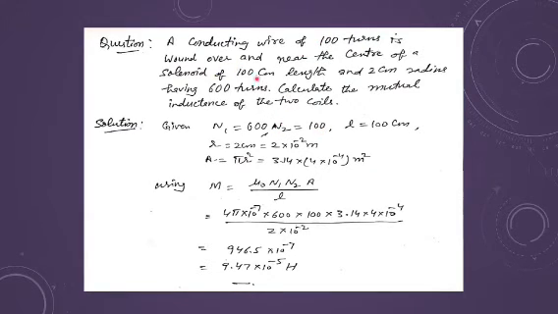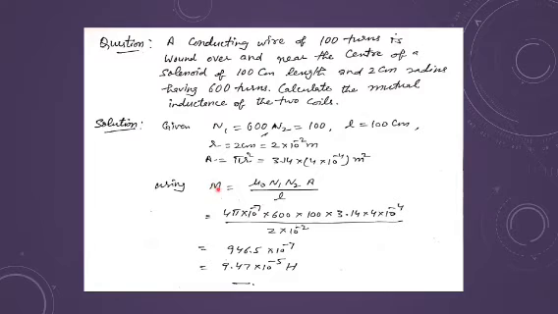Length of the solenoid is given as 100 centimeter and radius is given as 2 centimeter. Of course, you need to convert it into meter. Centimeter is always to be converted into meter for solving the things. So you can find the area, that is equal to pi r square. So you should be able to convert this radius into meter and then you can find the area.